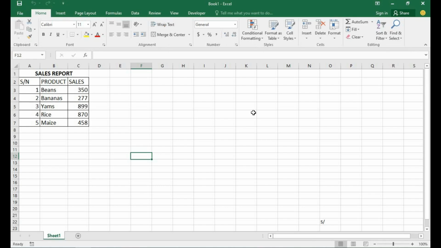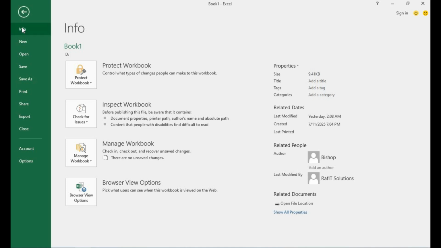To save an Excel sheet, you can either save the entire workbook or save a specific sheet as a separate file. We are still using the file that we used in the previous tutorial, so after entering your data, go to the File tab and then click on it. You'll be presented with this drop down arrow. Now navigate to Save As